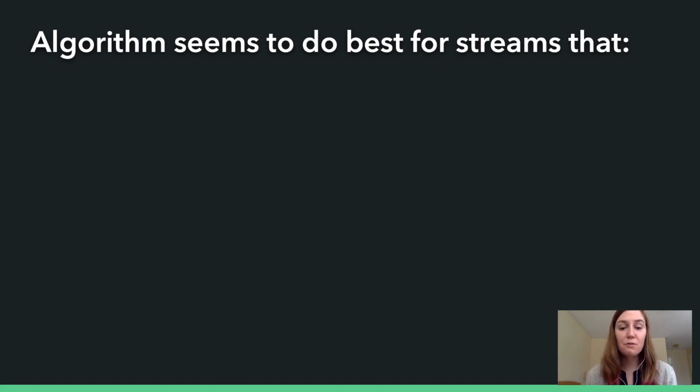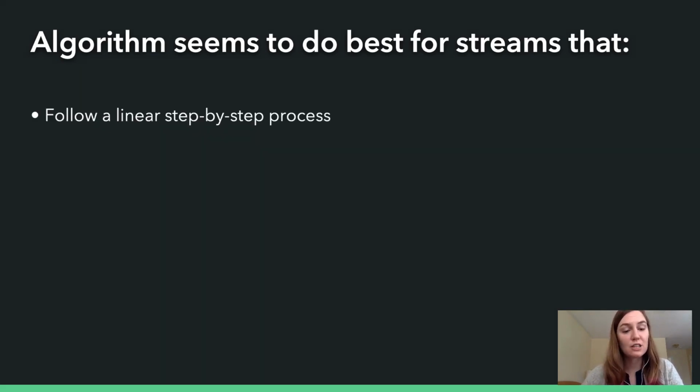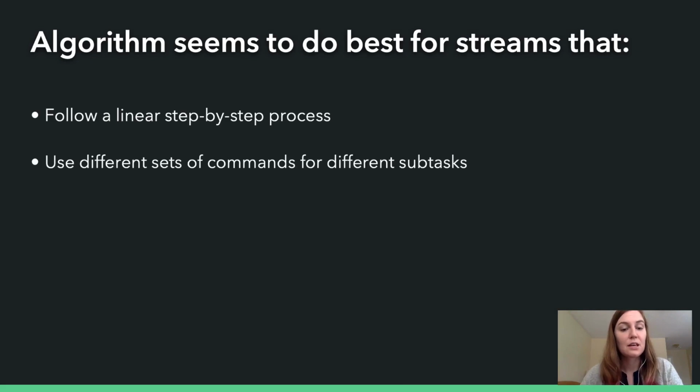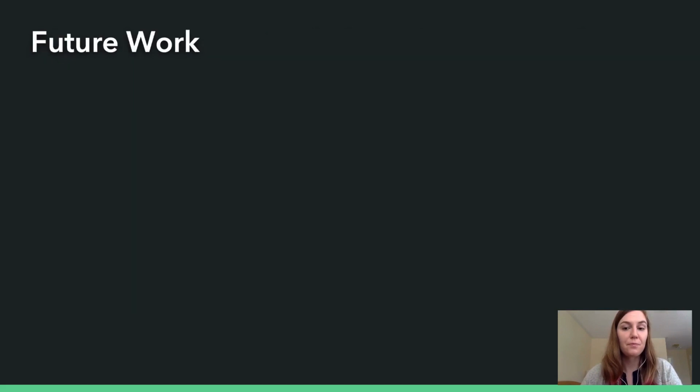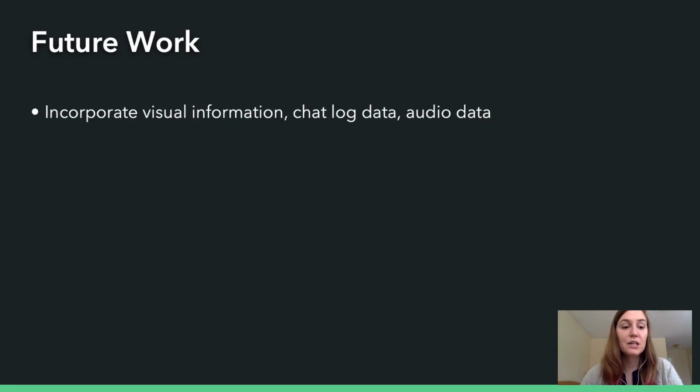And we found that for 3 of the 4 streamers in our dataset, the algorithm was reasonably consistent with the viewer segmentations. Overall, it seems to do best for streams that follow a linear step-by-step process, for tasks that use different sets of commands for different subtasks, like with the poster design, and for streams that include more instructional narration from the streamer. Moving forward, some ways that we could improve and build on this segmentation would be to incorporate